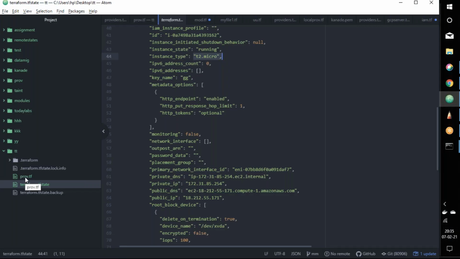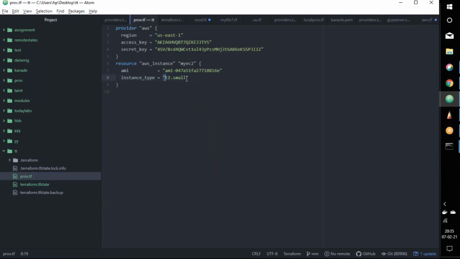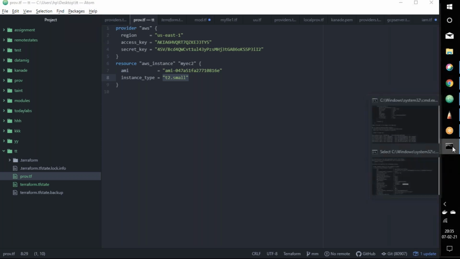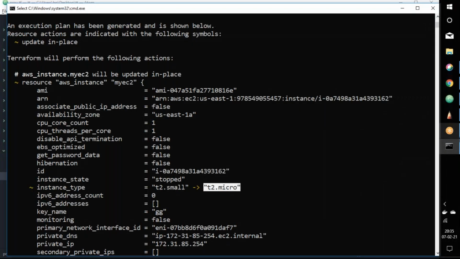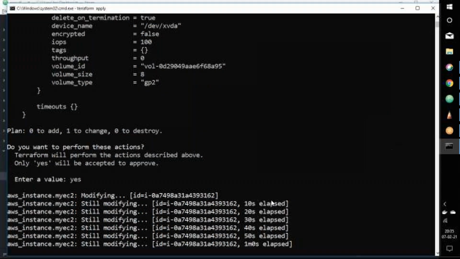If we look into the code, it is t2.small. It's still not affected, it's still modifying the resource, and the instance id is still modifying.